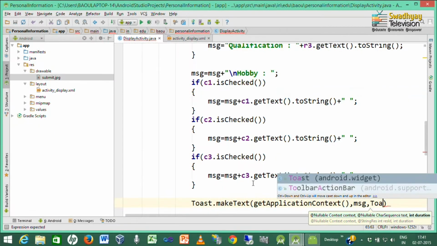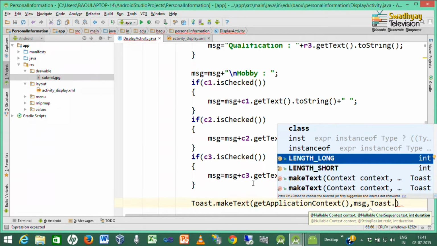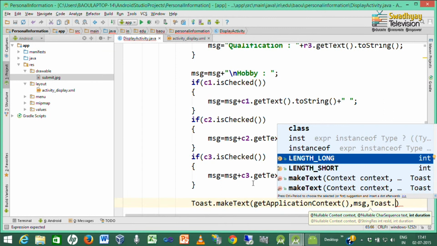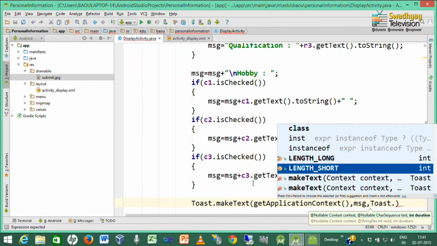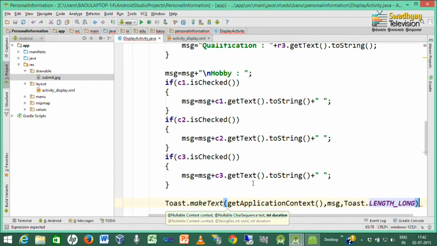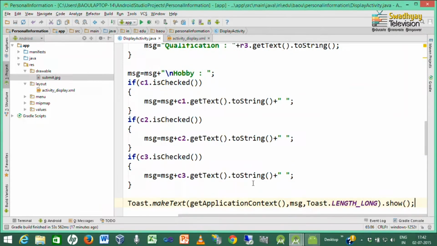So, there are constants called LENGTH_LONG and LENGTH_SHORT inside the Toast class, which represent whether we want to display the toast for a very long time or a very short time. So, here I am selecting LENGTH_LONG because the user can properly read the message, and then we have to call the show method to actually display the toast.